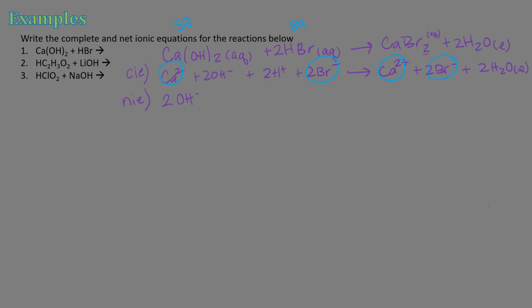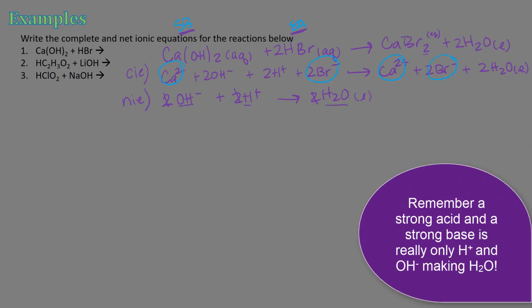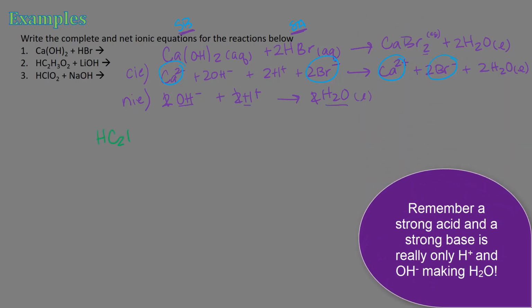So we end up with 2 hydroxides plus 2 H plus goes to 2 H2O. And we could even cancel out those 2's. So if you just had to write the net ionic equation and you realized that you had a strong acid and a strong base, you could just skip all of the complete ionic equation. Next, we're going to have acetic acid